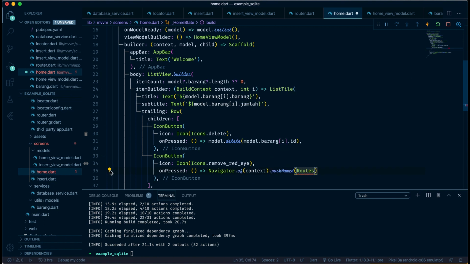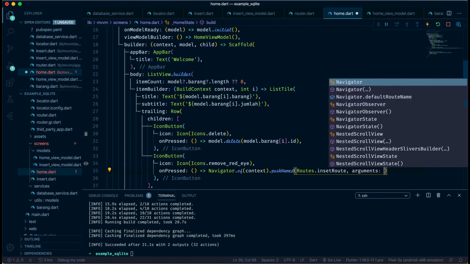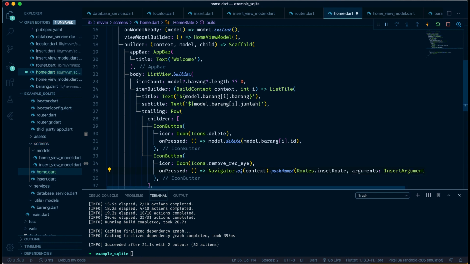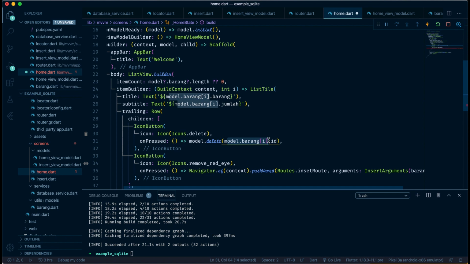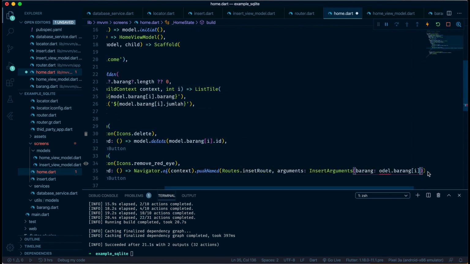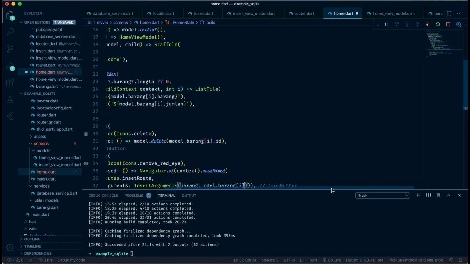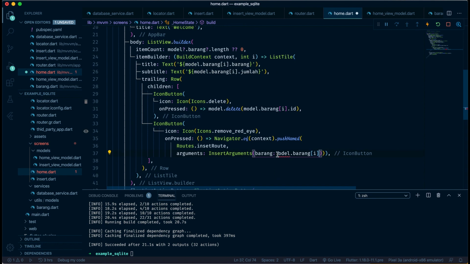This is routers, never import routers, and this is insert and arguments. With the arguments we have to pass the barang. We'll define barang as model barang index. So just copy and paste here. This is not model again but model, something like this, and save it.